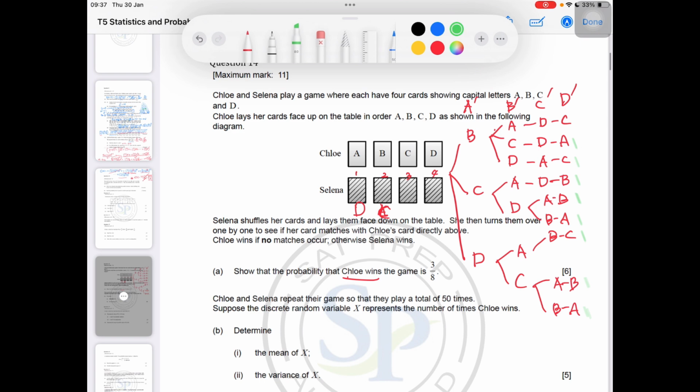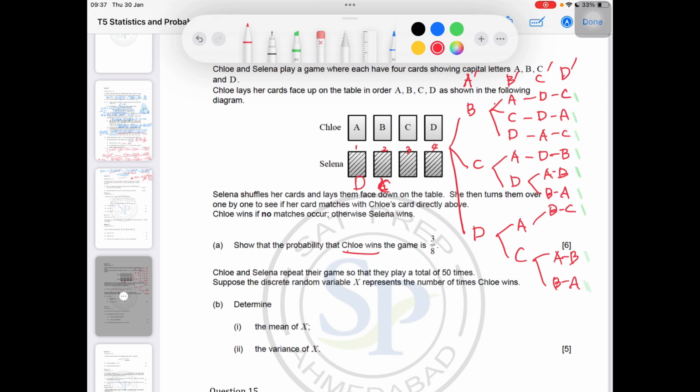So you may think this is too manual. But sometimes this is the best way to consider all the cases, because when you just calculate this without the repetition, avoiding all these cases is very complex, I think. So whenever I see this question, quite often I use this manual method. So anyway, now Chloe wins 9 cases out of